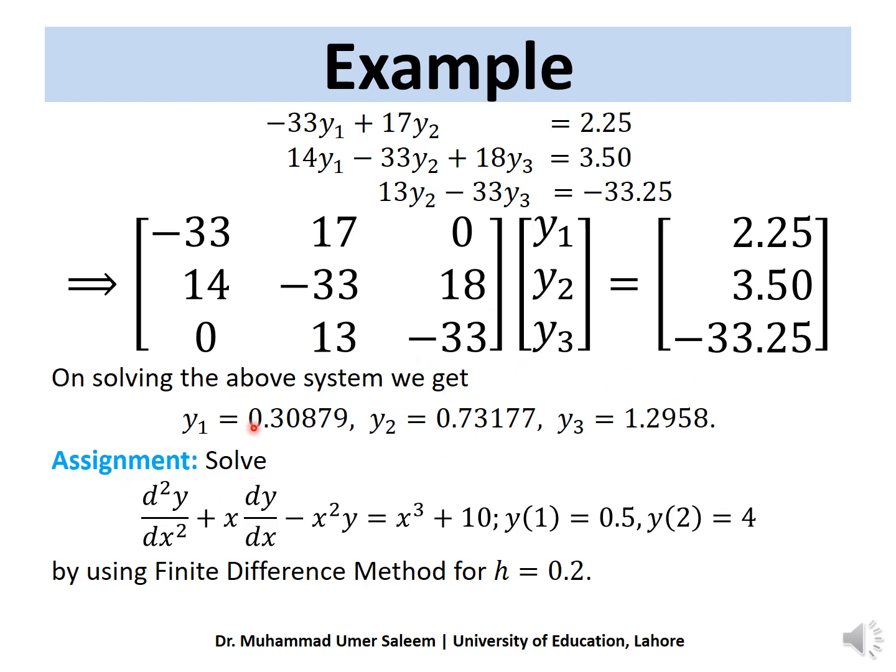So if you look at the values, you can get an idea about the solution. Since we know y node was 0 and we know y4 is 2 from the boundary conditions. So यहाँ पर गौर करें तो ये 0 से 0.30 बढ़ रहा है 0.73, 1.29 और y4 2 हो जाता है. तो इट गिव यू एन आइडिया अबाउट द सोल्यूशन, लेकिन ये कंपलसरी नहीं है कि ऑल द टाइम्स यू